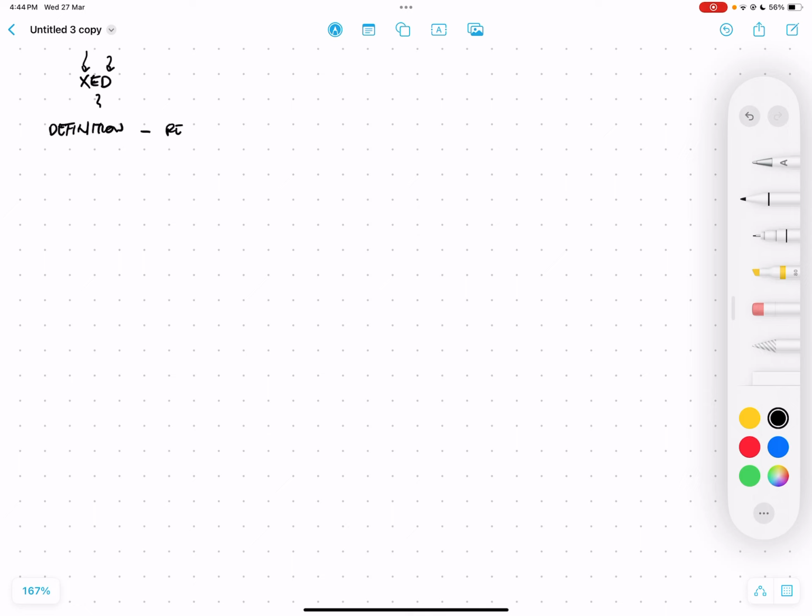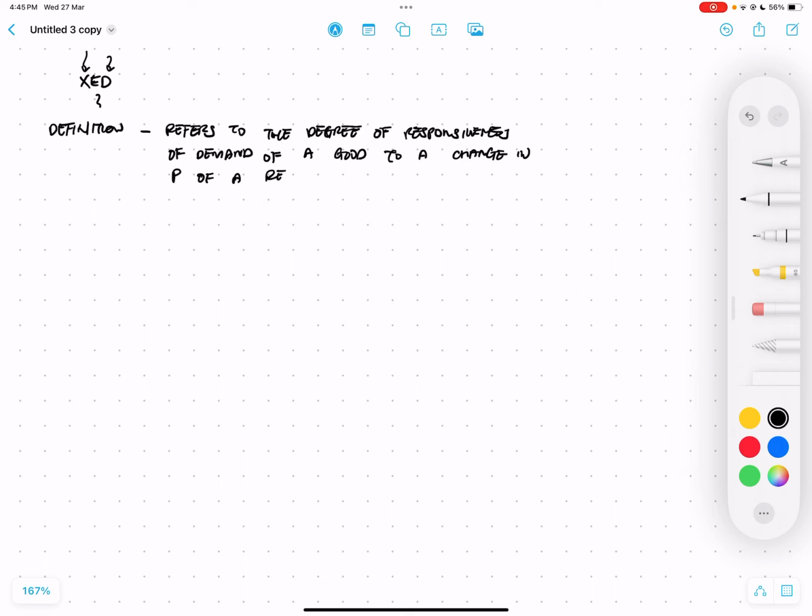So price XED refers to the degree of responsiveness of demand of a good to a change in price of a related good or another good. Yeah. Then of course, ceteris paribus. Okay,